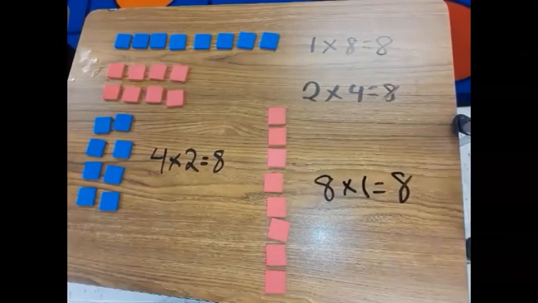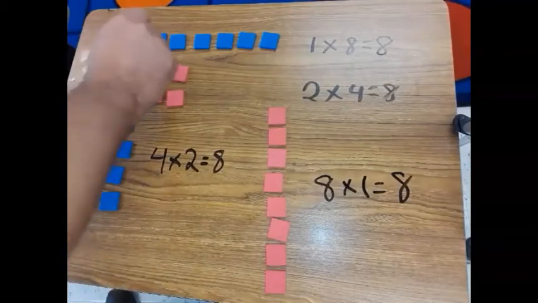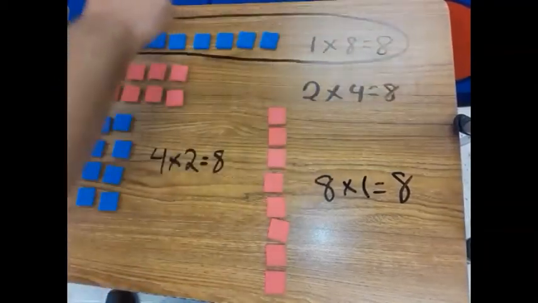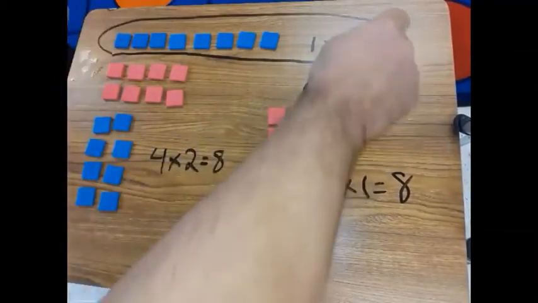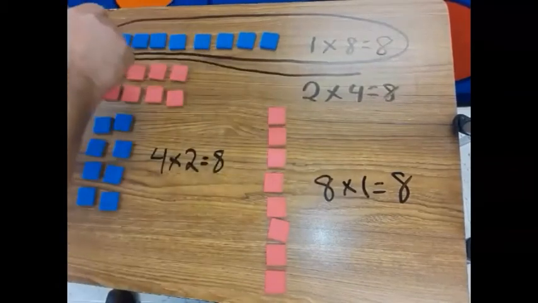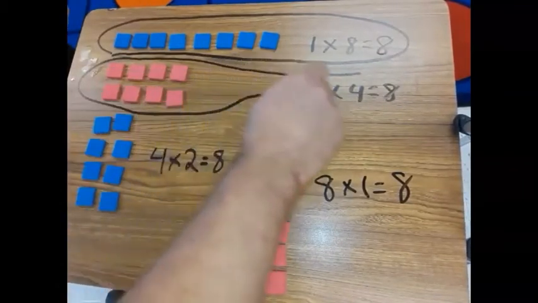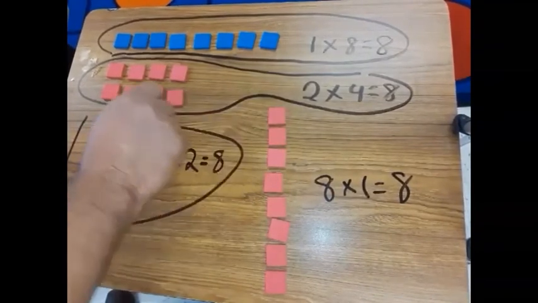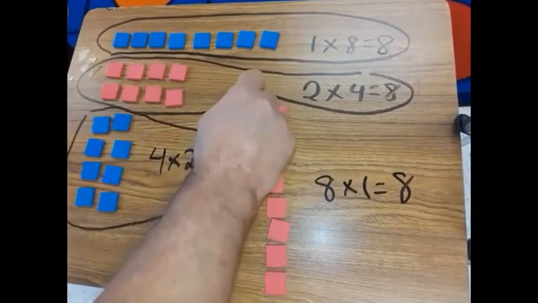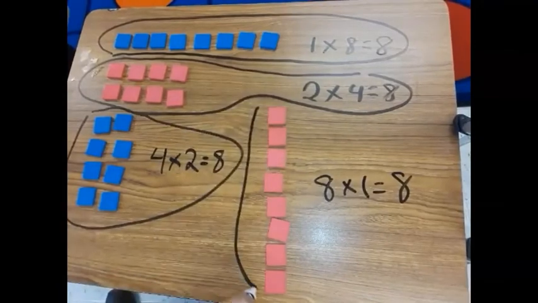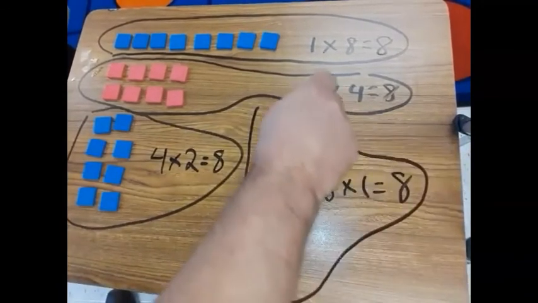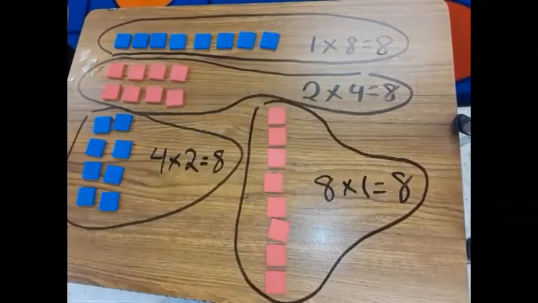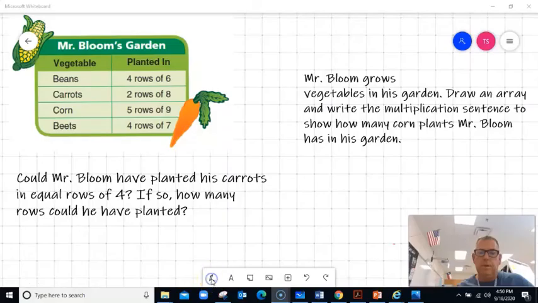So there's 4 different ways we can do it. We can do 1 row of 8. I can do 2 rows of 4. I can do 4 rows of 2. Or I can do 8 rows of 1. So there's 4 different ways I can go ahead and use these tiles to make